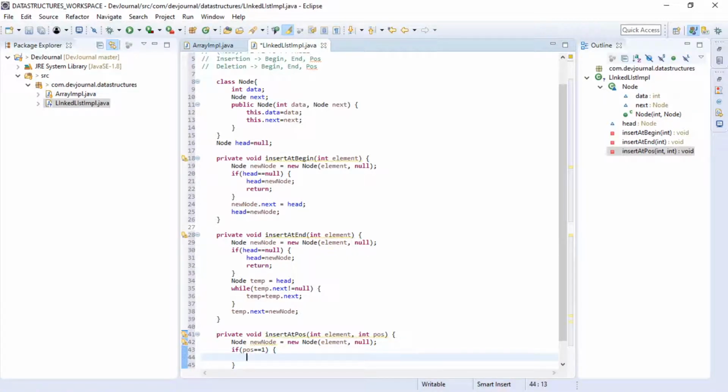If position is first, then what we have to do, we simply